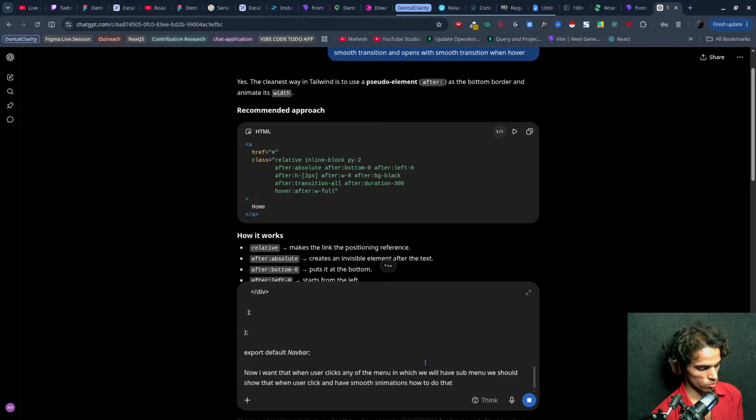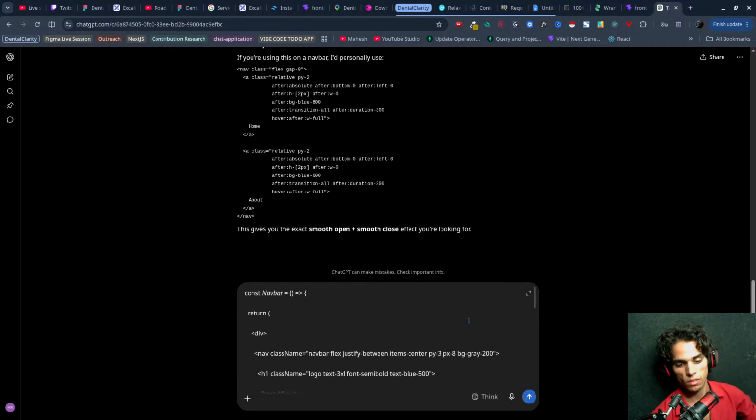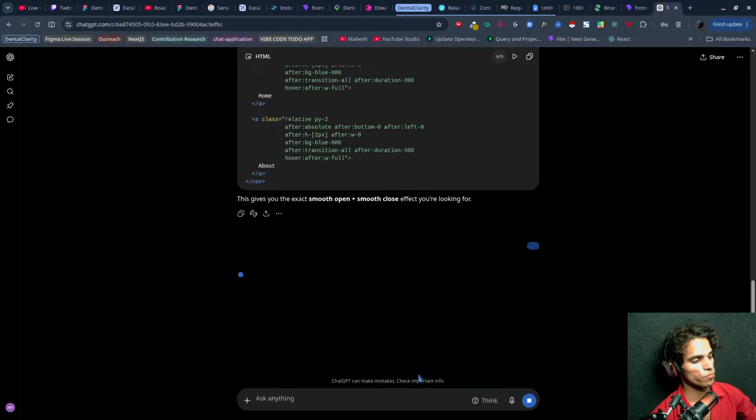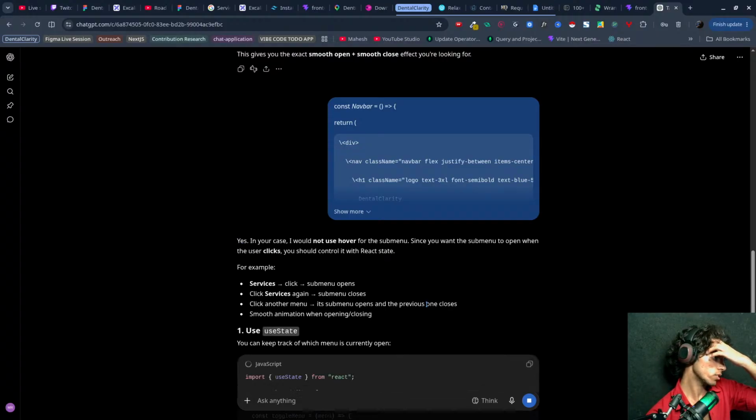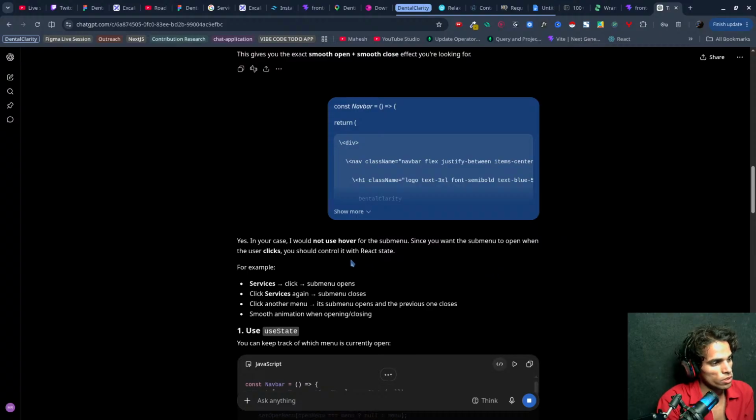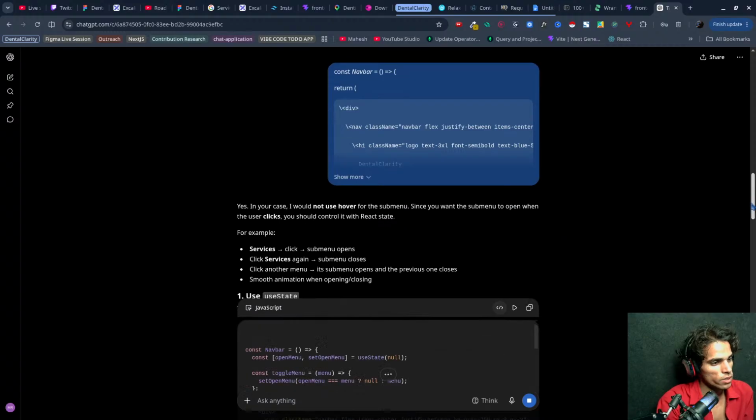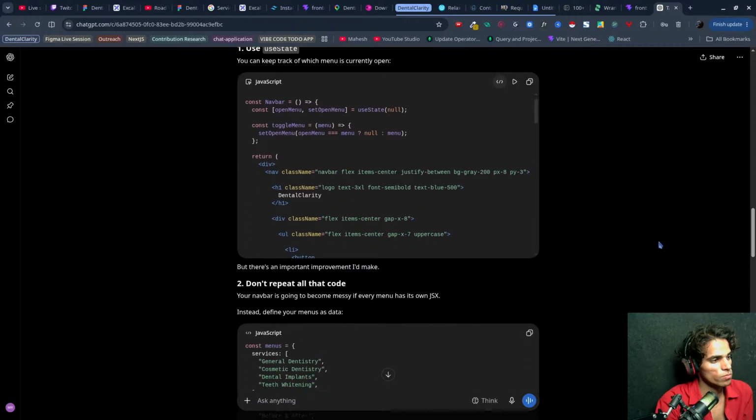Okay, so I have to do a refresh. Even if it's, I don't use hover for the submenu, since you want the submenu to open when the user clicks. No, I want it to open when the user hovers, so we'll manage this, but I just want to change the complete logic. Check which menu is currently open. Okay, so toggle menu whenever, no, I want it to trigger on hover.